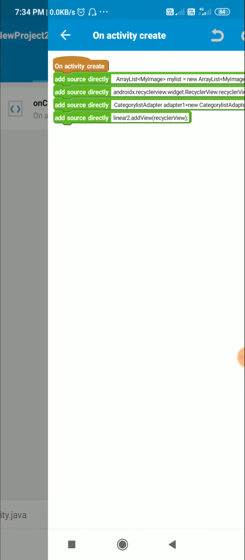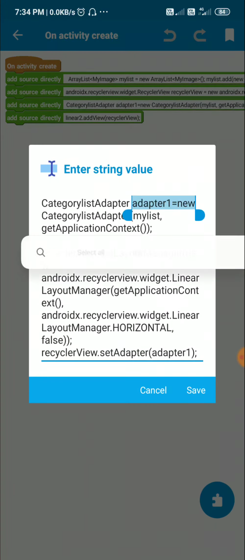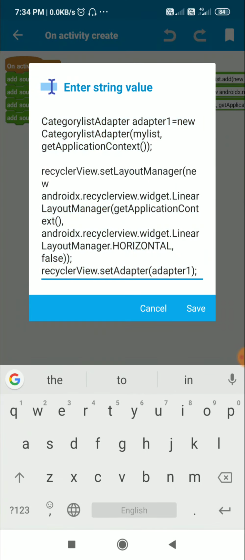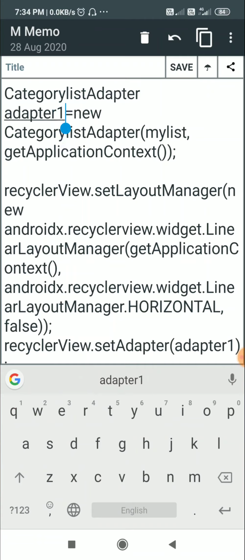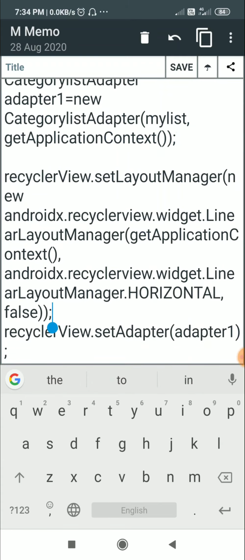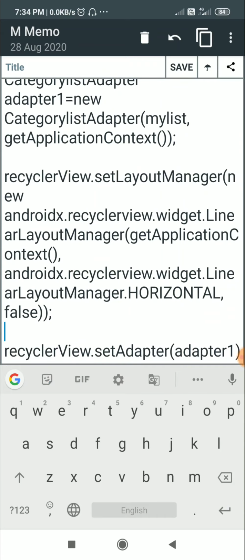Now in onCreate, I create an adapter called CategoryListAdapter. This is the code. I create a CategoryListAdapter called adapter1 by writing new CategoryListAdapter(myList, getApplicationContext). Then for the recycler view, I set the layout manager to new androidx.recyclerview.widget.LinearLayoutManager(getApplicationContext, LinearLayoutManager.HORIZONTAL, false).